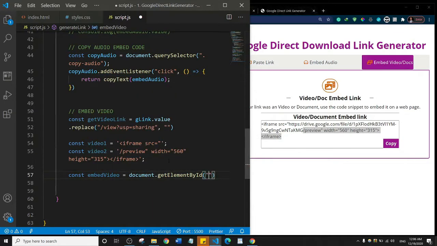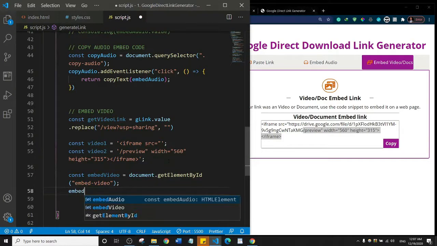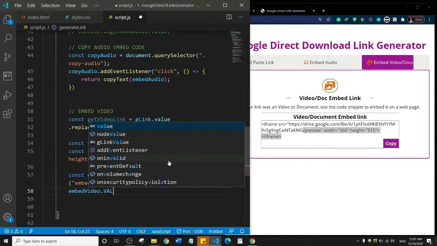So I would say embed-video, and then I'll close that up. Okay, so basically what I want to do is say embedVideo.value,